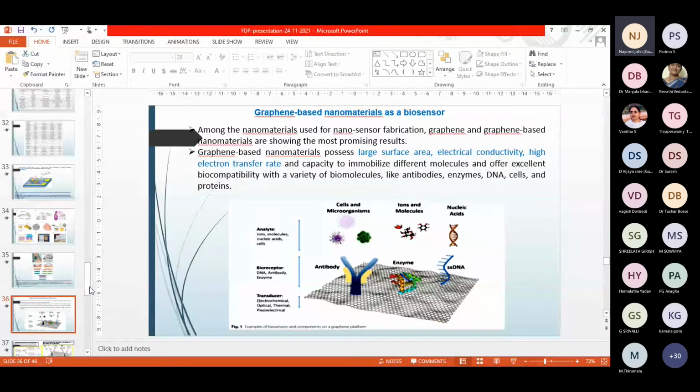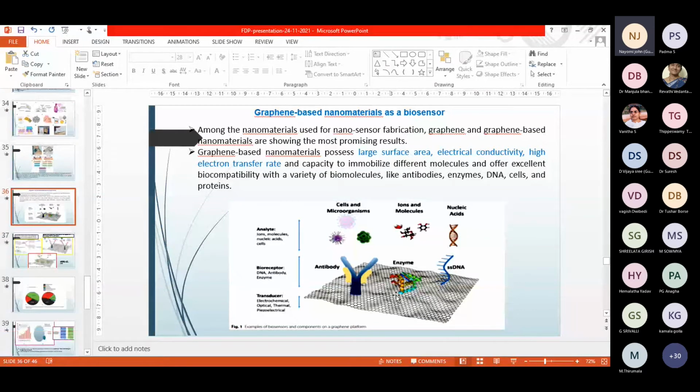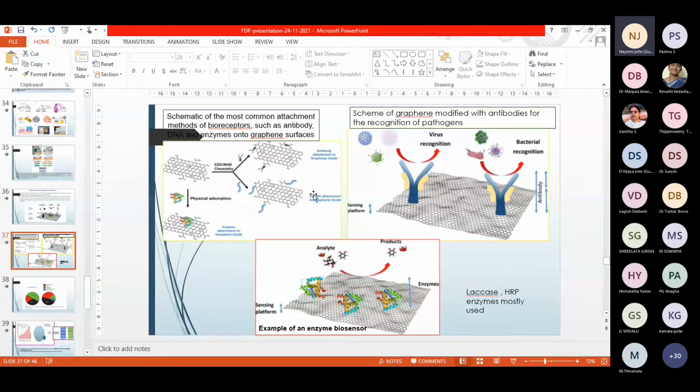The signal conduction happens at the transducer. This is an advanced field which is happening now, and enzymes can be immobilized, antibodies can be immobilized, DNA can be immobilized. Here one example is given on graphene. The antibodies will detect the virus, and then the signal will be transformed by the transducer. This graphene sheet on the surface of the transducer has the ability to convert, for example, the electrons which are released into a readable